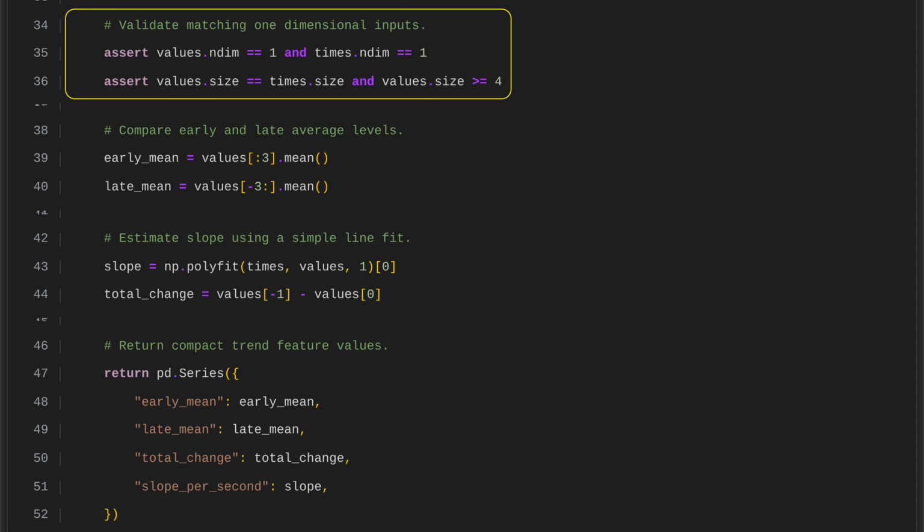The code validates the inputs before analysis by checking that the values and times are each one-dimensional, have matching lengths, and contain at least 4 data points. These checks ensure every value has a corresponding time and that there is enough data for trend analysis, helping catch